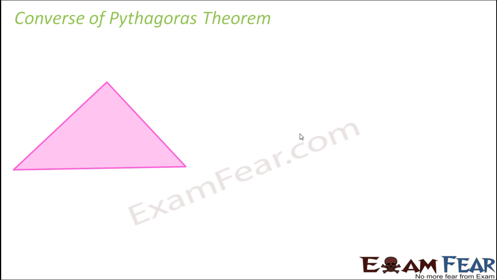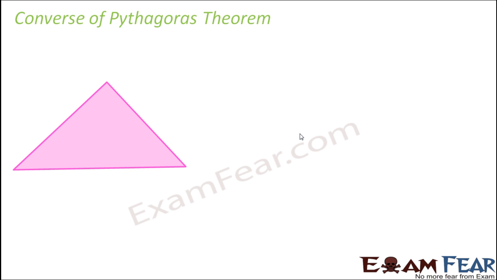Now there is another interesting part of the Pythagoras theorem, and that is its converse. When we say that if we have any right angle triangle, h square should be equal to p square plus b square. Now the question is, if we have a triangle like the one which we see on the screen, I do not know whether it is a right angle triangle or not. But let's say that we know that for this particular triangle, the square of one of its sides is equal to the sum of the squares of the other two sides.